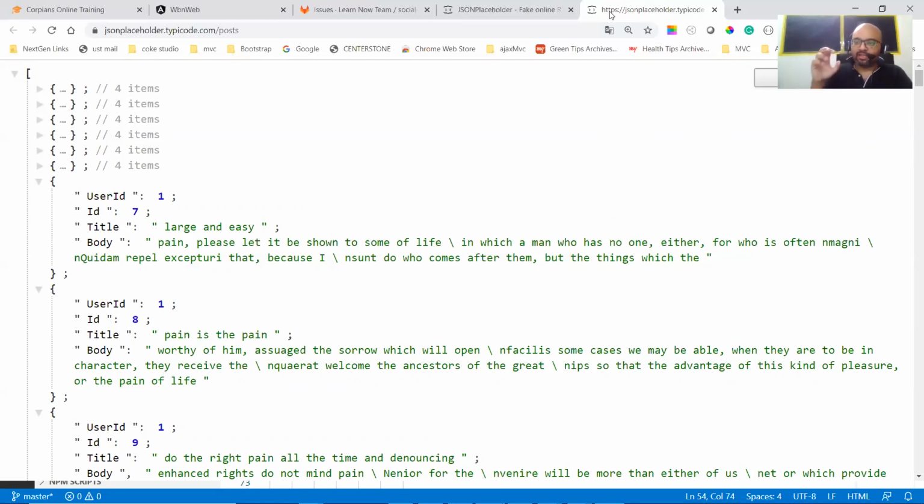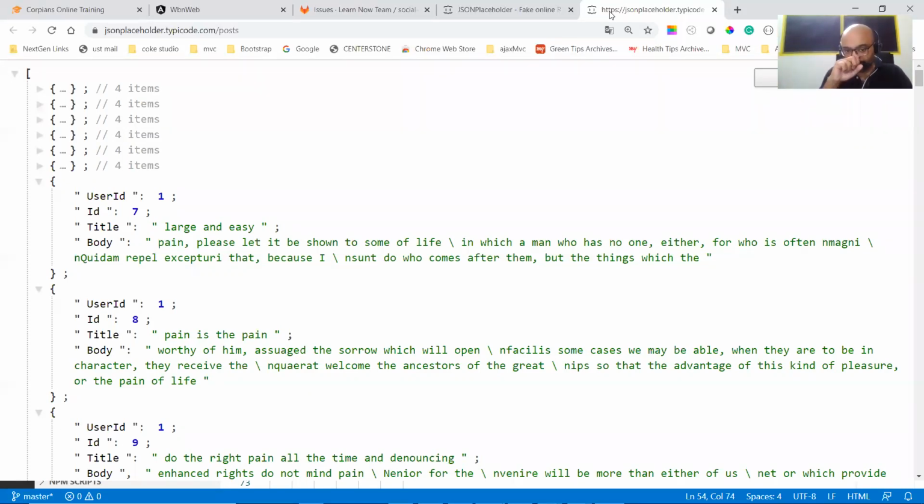Its work is to hit the DB, get the data, and give the response back to you.